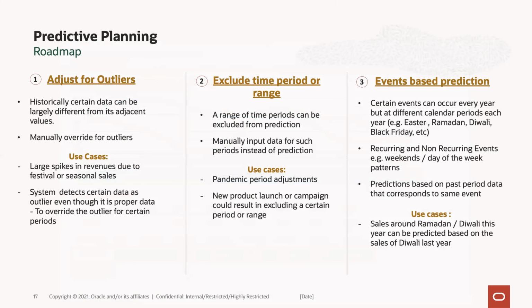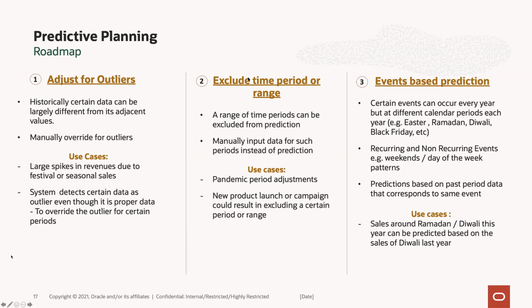Another important thing that's coming, predictive planning is a really important part of planning, obviously. We introduced predictive planning years ago, and not too long ago we added Auto Predict, which allows you to automatically calculate your predictions. Now we're enhancing predictive planning to do a number of different things. First off, you can adjust for outliers. So that's a more manual adjustment. Currently, there's an automated adjustment for outliers, but that makes some assumptions. So perhaps within your data, maybe you want to more manually identify something in the past as an outlier, and that will now be possible to do.